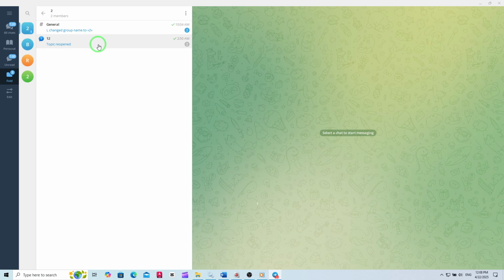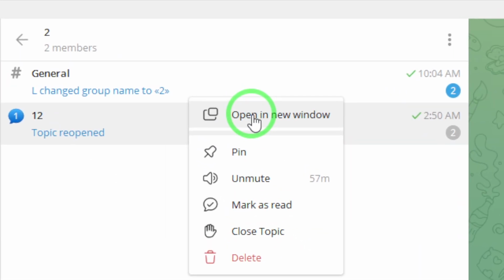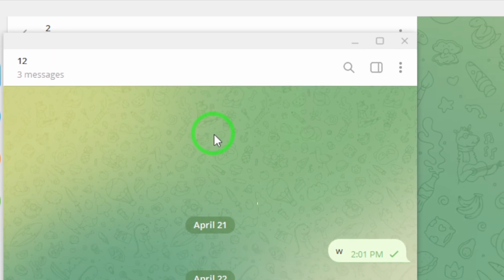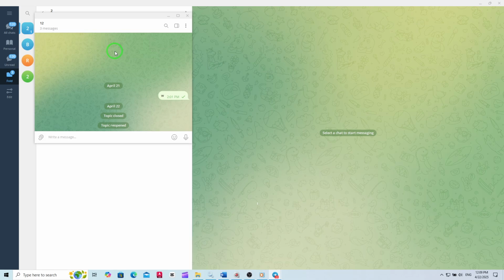Now here's the key step. Right-click on the topic you're interested in. A menu will pop up with several options. Look for the option labeled Open in New Window and select it. That's it. The topic will instantly open in a separate window, letting you focus on that conversation without losing track